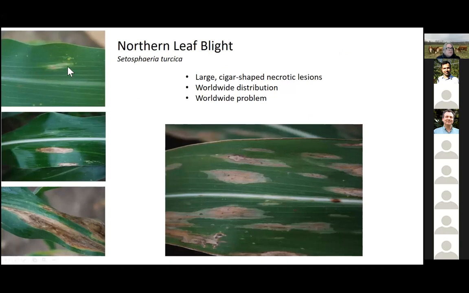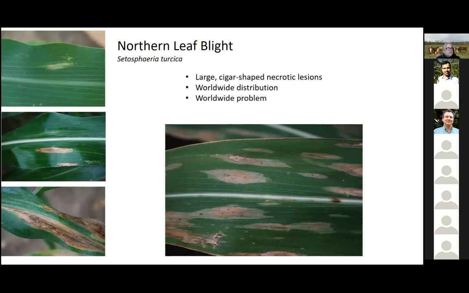And here's an example where you have a wilted lesion. It becomes larger, it coalesces, and sometimes you have large epidemics. This came after a hurricane came through and dumped 5 inches of rain, and along with that hurricane came a lot of spores. So they're large cigar-shaped lesions that coalesce.